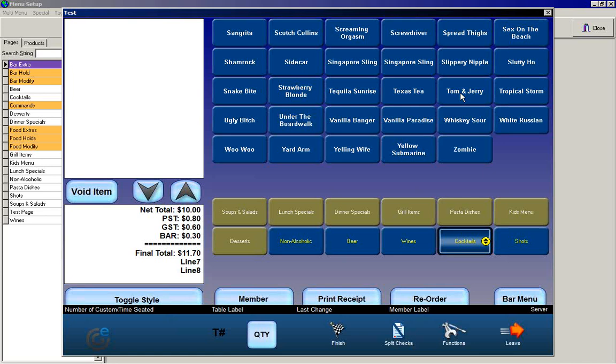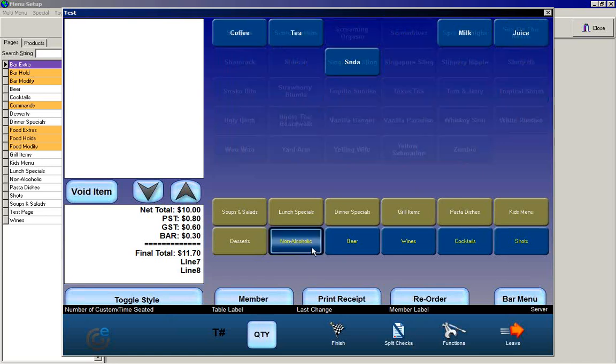If I have a lot of things that have multi-word descriptions, such as a large this, a small that, and so on like that, it really depends on the logic of ordering that as well. Let's say, for example, within my non-alcoholic beverages, now in here, all right, and that's not a good thing to do either, but we'll talk about that shortly. But in here, if I had all kinds of different sodas, for example, I had Coke and Pepsi and 7-Up and Mountain Dew and whatever, and all of these, if I had them in sizes of small, medium, and large,